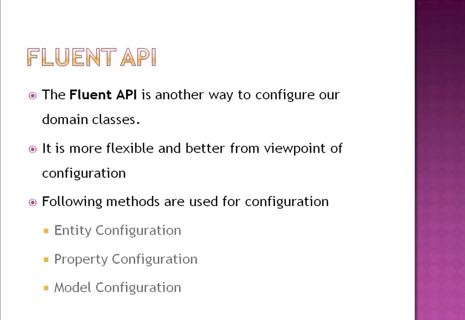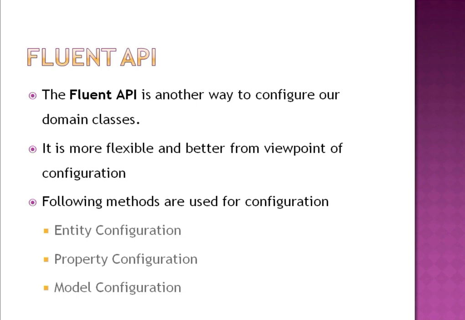To overcome these limitations, we studied data annotation. Similarly, there are some limitations related to data annotation. So to overcome that limitation, we are going to study the Fluent API. So from that point of view, you can say it is much more flexible, powerful, and better from the viewpoint of